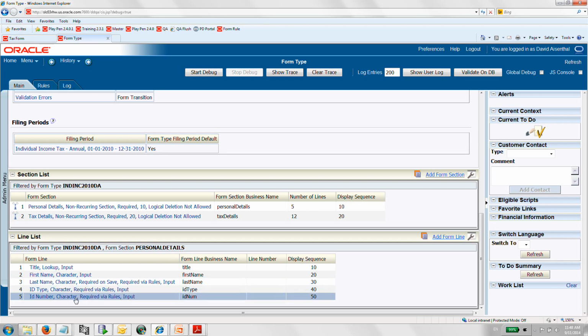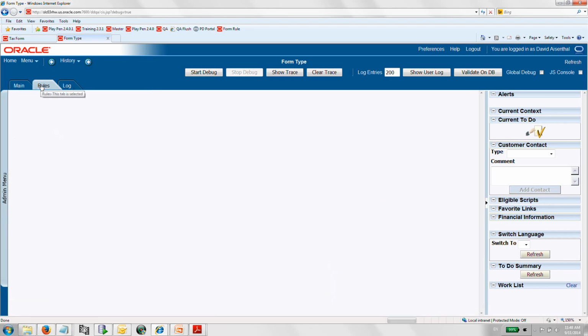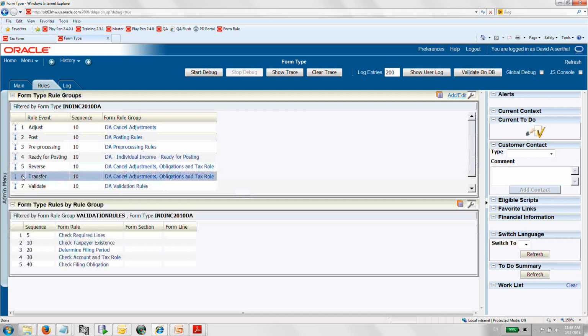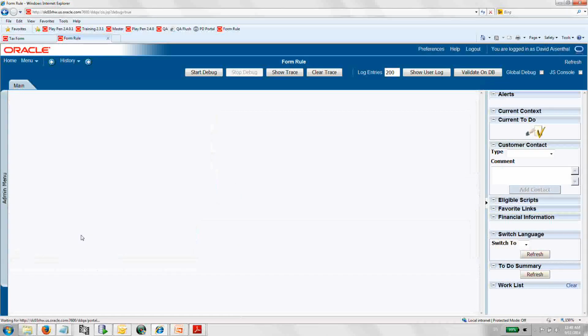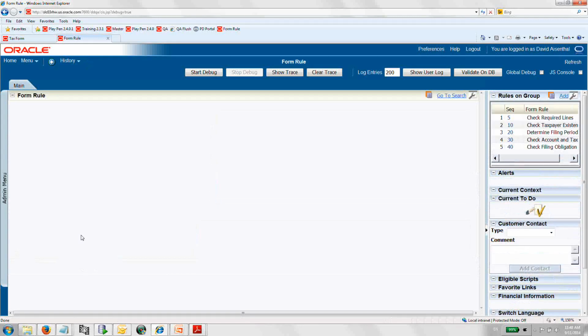And then we have ID type and ID number, which are required by rules. Now, I didn't make any changes to these two. So, in fact, we should be surprised that we got some of these errors on the line coming up, which we didn't see previously. And that's because it's not sufficient to define required by rules or required in the sections. You also need to set your rules and add in your validate step here, check required lines. And this is a different form rule that we didn't previously have, which I just added in,